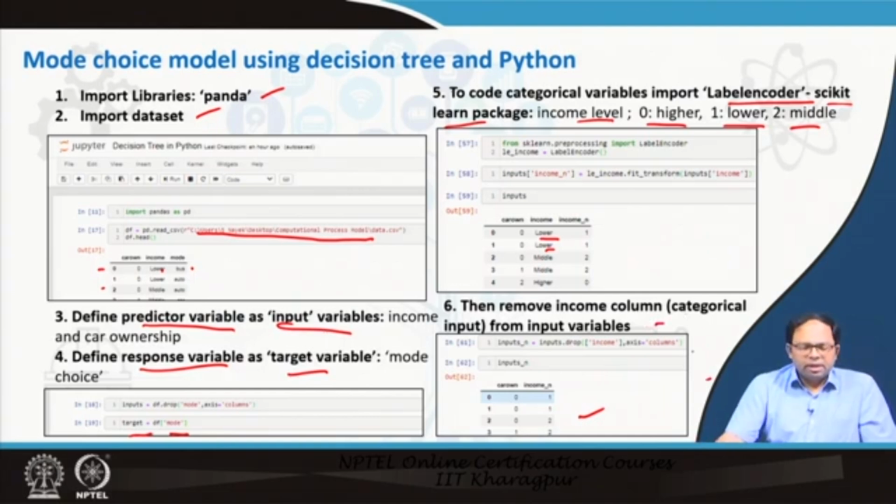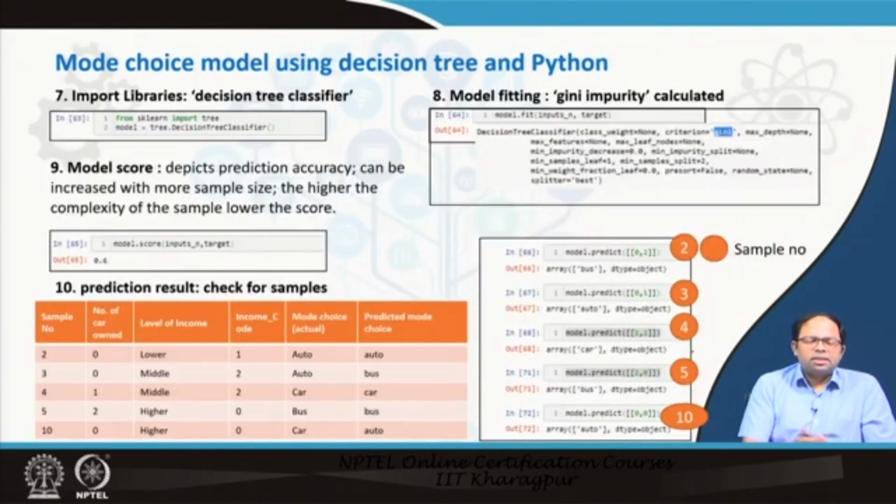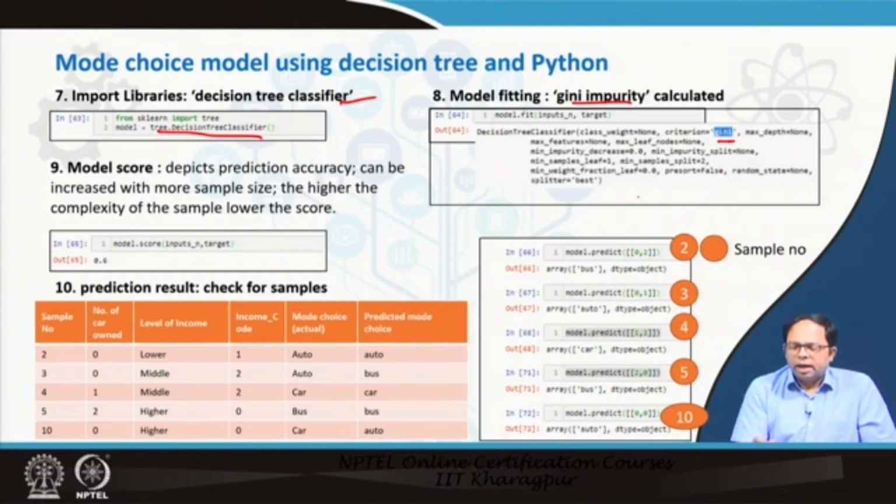Once we are ready with the data set, the next step is to call the decision tree classifier, and we call it over here, tree.DecisionTreeClassifier, and we can also give the model fitting criteria. We can introduce many criteria. I am not discussing all of them, only you see that the Gini impurity is used for classification. So, this is the classifier, and we can set certain more characteristics of this classification that would be adopted.